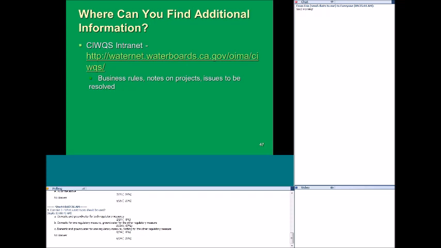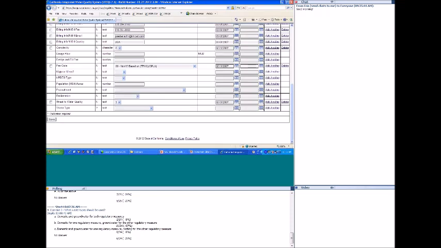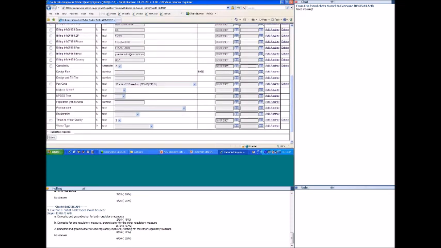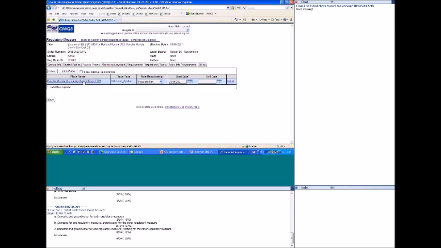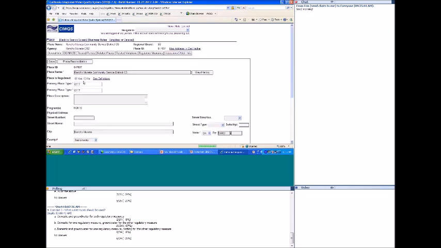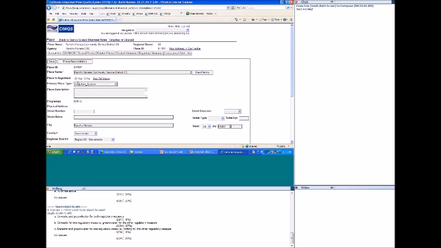I do want to mention, we have definitions for all of the lowest level selections, and I anticipate having those posted next week. And if we hop back over to SWRCB and go to the place module, I did show you some screenshots of this, but this is where you see places regulated.